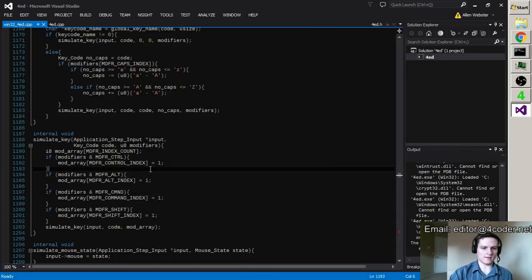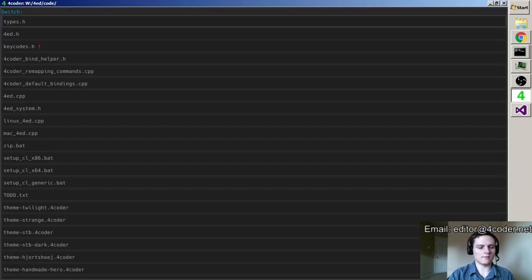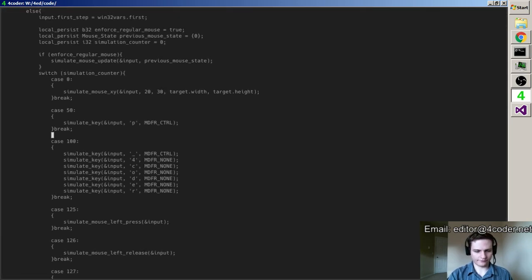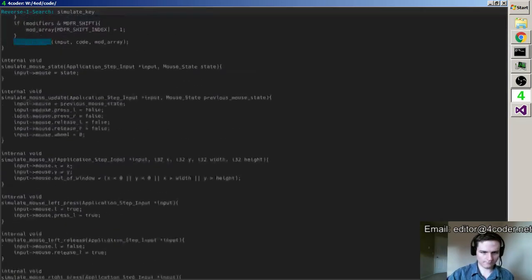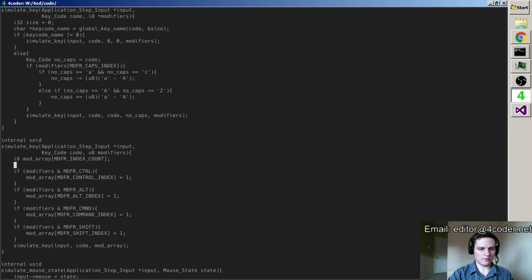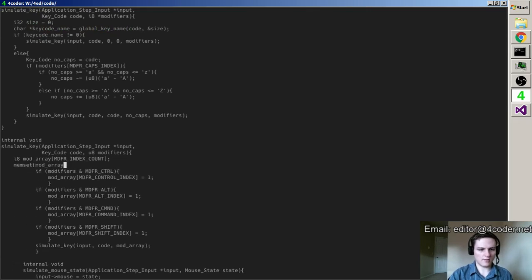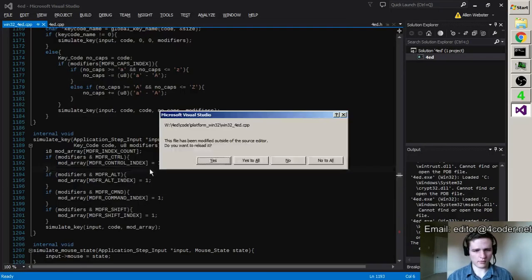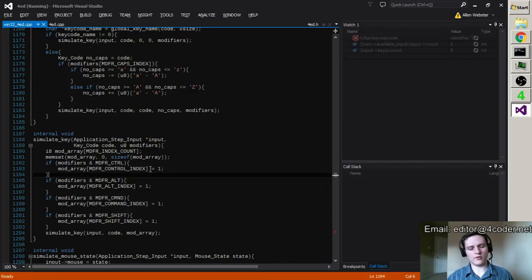Ah, I already see it. It's a bug in the simulation layer. People, this right here, perfect example of why you've got to clear your memory to 0. Never neglect to clear your memory to 0, because you're going to have to do it anyway.